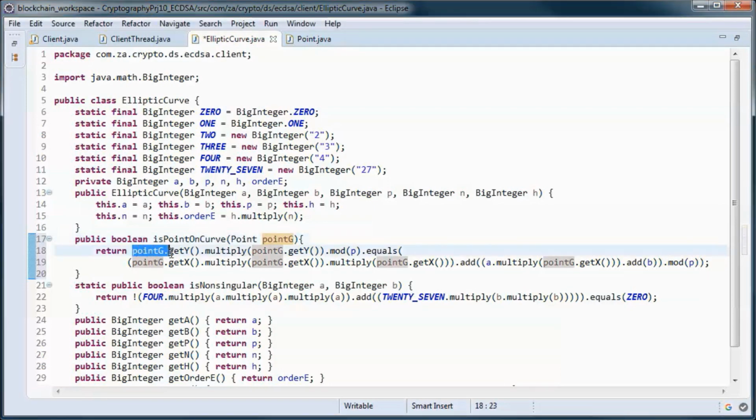So here we have point g dot get y. You multiply it by itself, so y squared in mod p, if that is equal to x cube plus ax plus b in mod p.